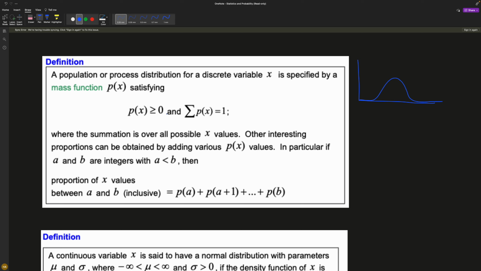What it's saying basically is that for discrete variables, they're not as smooth, because remember, discrete is 0, 1, 2, 3, 4, and so on. You never have any values in between. So your values only exist at solid numbers, or natural numbers. So when you want to get the probability of a function like this, your function doesn't actually look like this